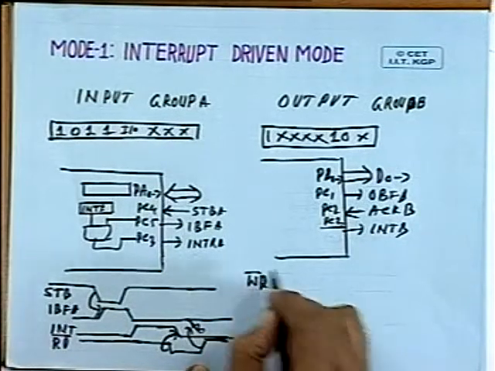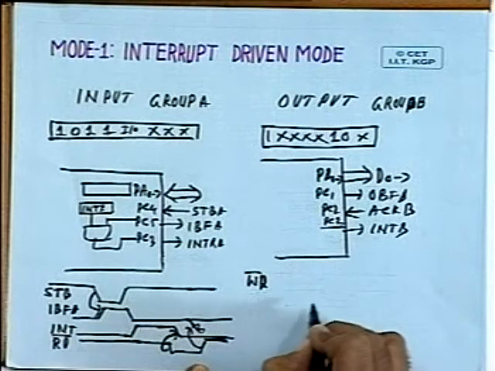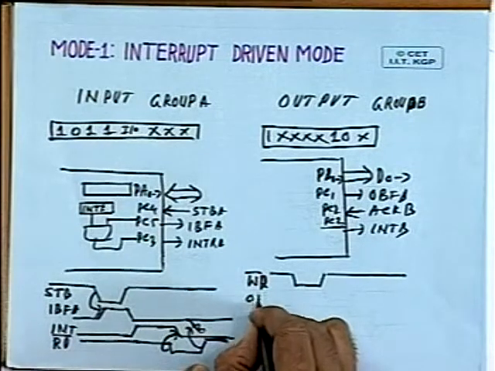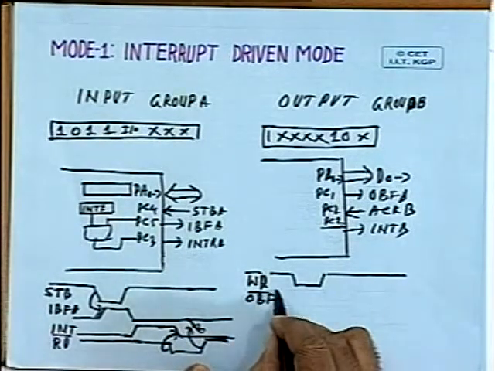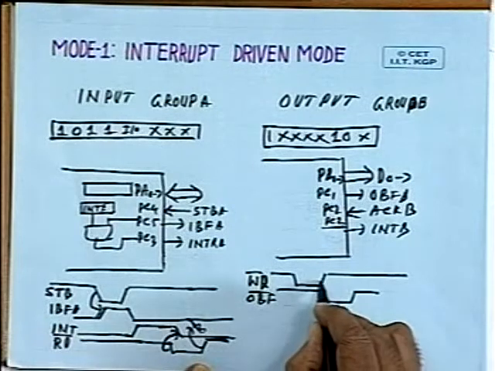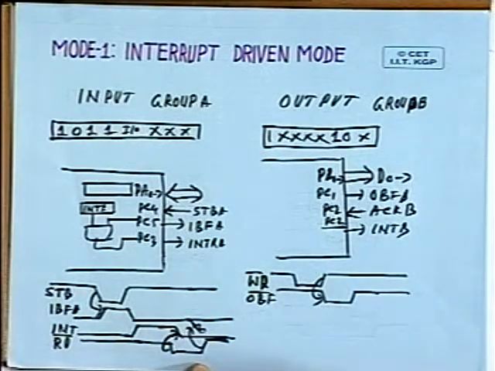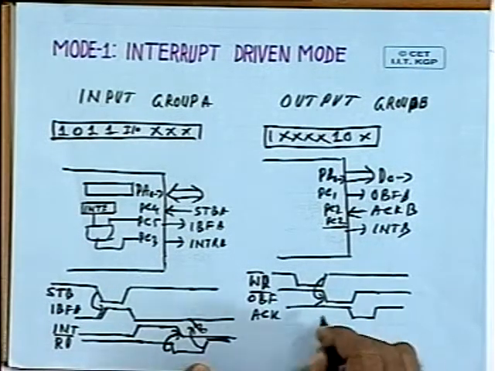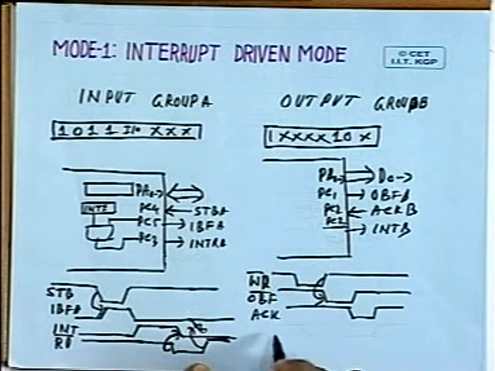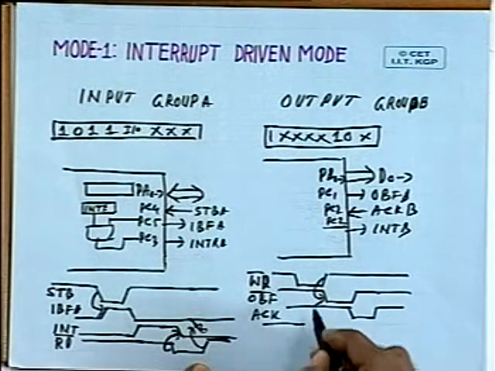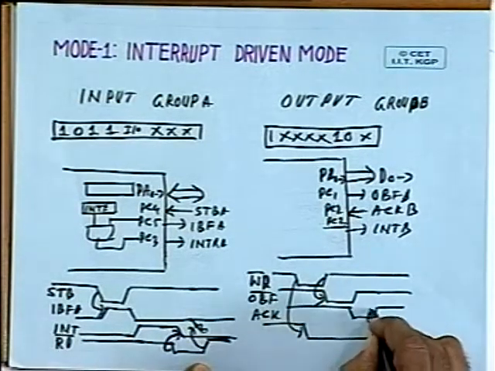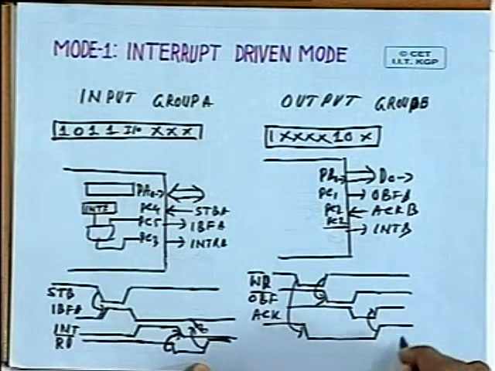As you perform the write operation, then the sequence of events starts. It will lead to output buffer full going low, as you know, the output buffer full signal will be activated, and acknowledgement will be generated by the IO device, and whenever this occurs, that interrupt will also be generated by the microprocessor, and that interrupt will be responsible.